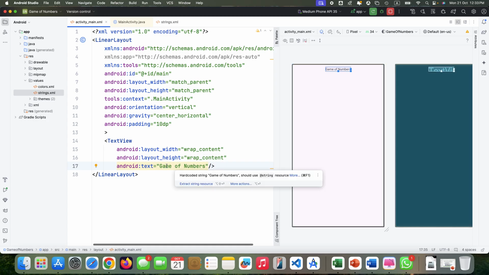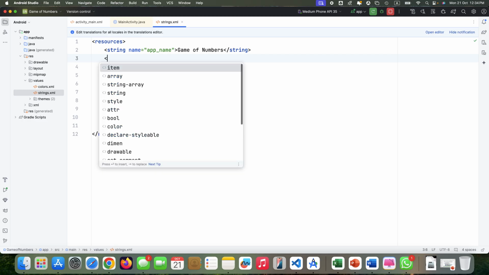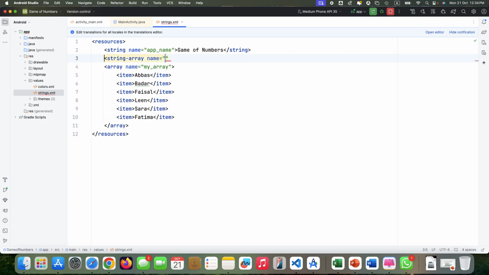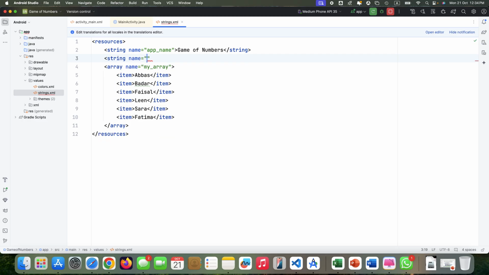And one more thing that is highlighted here, it says that this string that you are hard coding here, we can also define inside the resources, inside the values, we have the strings file, and inside it we can define another string, which is our application name, game of numbers. So we can say string, not string array, I just want to create a string named app underscore title,